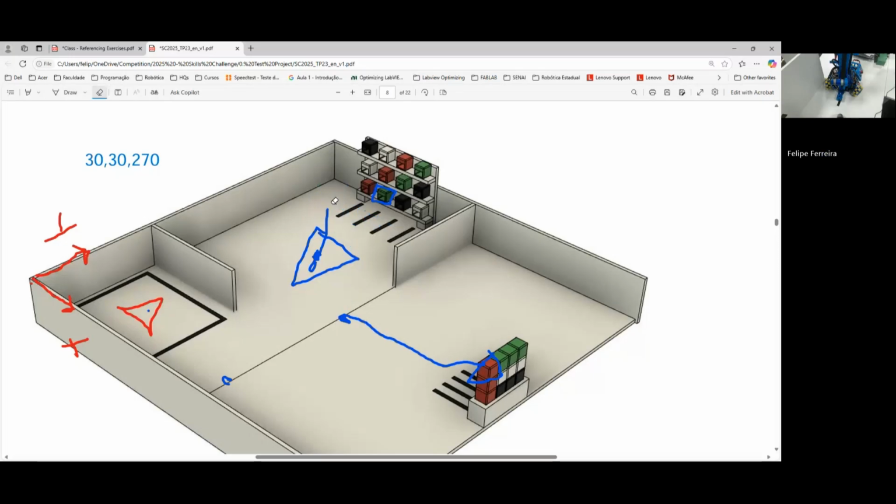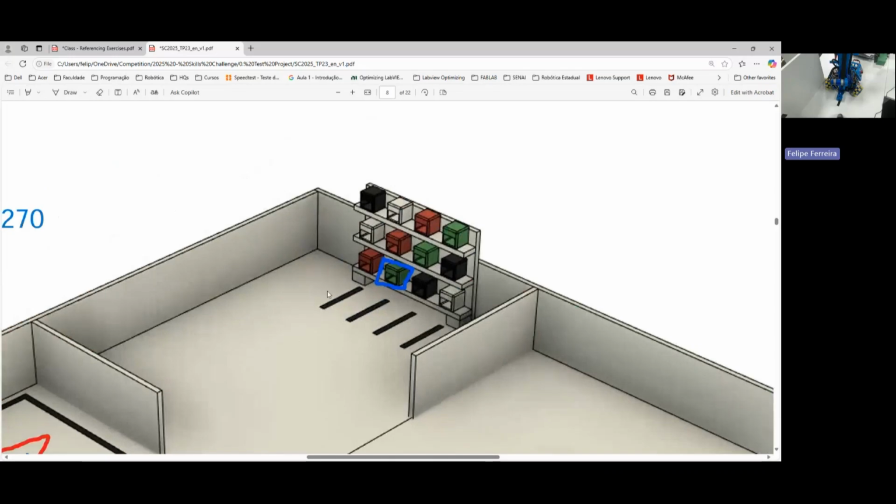Okay. The line align function I can use for taking the cubes and placing the cubes. I have 4 lines, and then it's up to you which strategy you're going to use. If you want to align with this guy, for example, let's say I want to take this second cube. You can use line align to the first line, and then you can call it again. Or you can send position driver, the robot here. You can send the robot to the middle between them, and then do line align 1 time to this line here. Okay, it's up to you. If you decide to do line align 2 times, go to this guy, and then call line align again. So would it be something like,